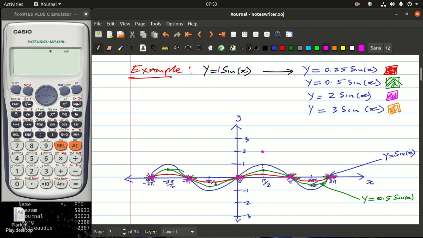And then this one is locked, and this one is going to be going a little bit down to the negative side, and this one will be going a little bit to the negative side at -2. This one will be going a little bit up. So now our function will look like this. It's going to come here, it's going to go down, it's going to go up, it's going to come down, it's going to go down, and then it's going to come up. And of course, this one here is the one that we're gonna call y is equal to 2 sine of